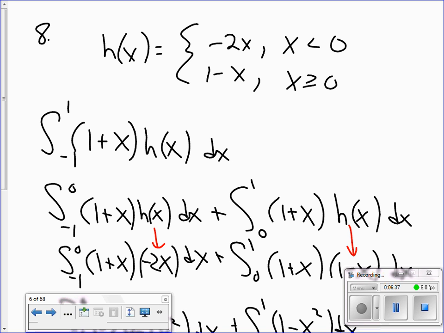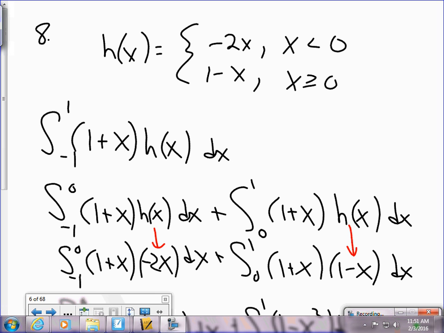In the second definite integral, the x values are going from 0 to 1. They're positive. If x is positive, we put 1 minus x in for h of x. So yeah, that's something to think about. That's when breaking up a definite integral into the sum of two others is very nice, when you have to find the definite integral of a piecewise function that's changing at some point within the interval. So you break it up, you put in the values, and then it's just a normal